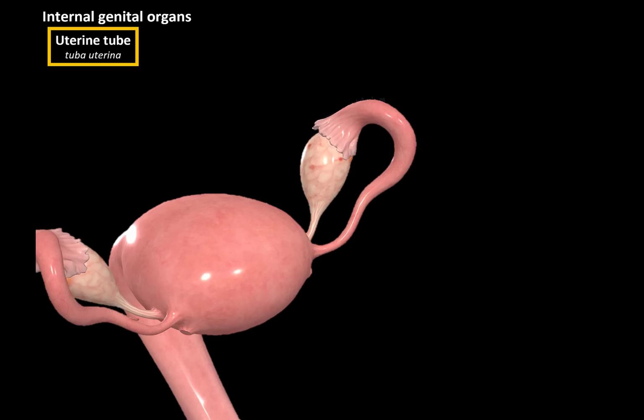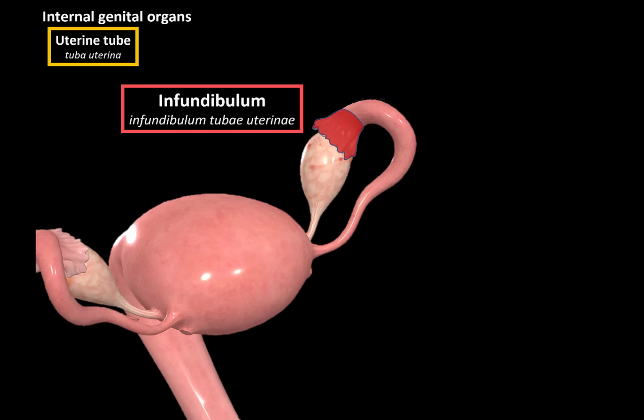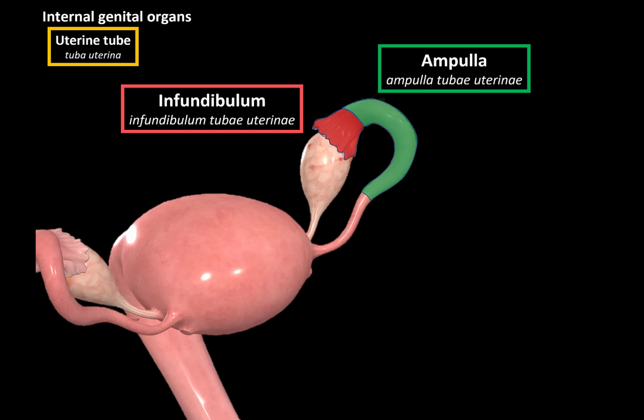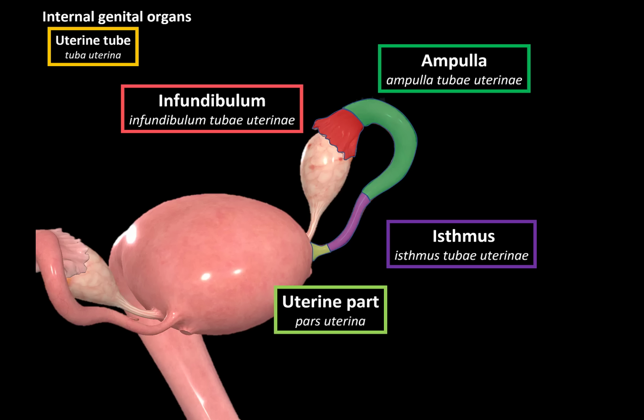So yeah, let's now do the anatomy. The uterine tube consists of several parts. First, it has an infundibulum, which is the dilated part adjacent to the abdominal opening. It has an ampulla, which is the wider lateral 2/3 of the uterine tube. It has an isthmus, which is the narrow medial 1/3 of the uterine tube. And it has a uterine part, which is usually the intramural segment of the uterine tube, located within the wall